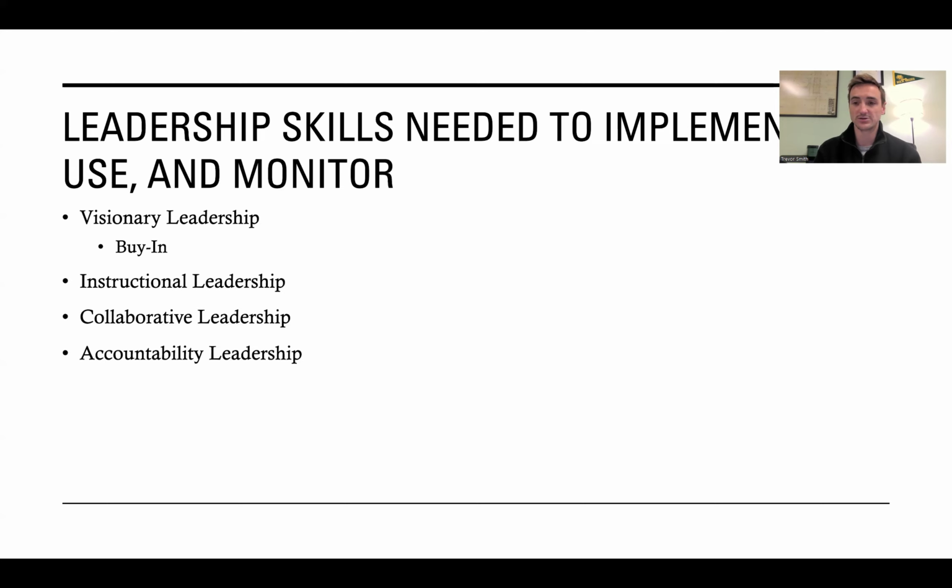If a building level administrator is saying all the right things in meetings, but going back to their staff and not prioritizing this initiative, then their staff certainly won't prioritize it, and you'll have at least one school not doing what they're supposed to be doing and not providing the best experience for their students.